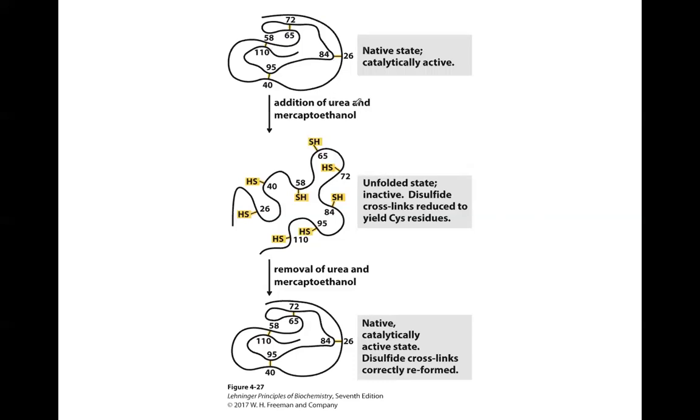Now you can add urea and mercaptoethanol. You'll break all these disulfide bonds to release all these sulfhydryl groups. Now you remove those and it spontaneously closes right back, which basically tells you that ribonuclease A did not need anything other than its own three-dimensional structure to reform all these disulfide linkages. So disulfide linkages reinforce the tertiary structure, but they're not required in this enzyme